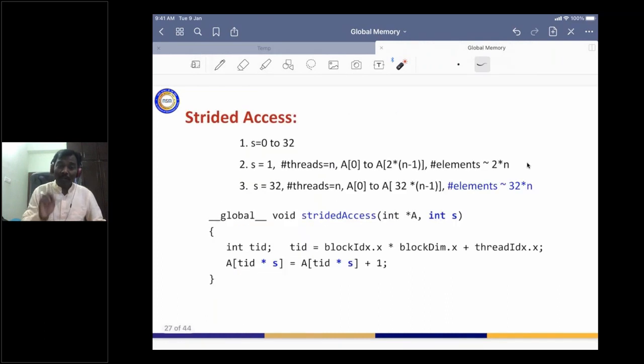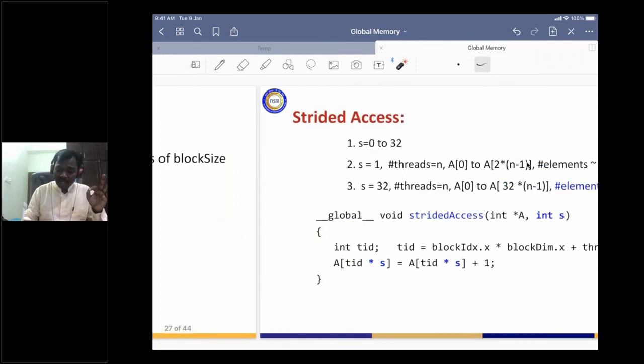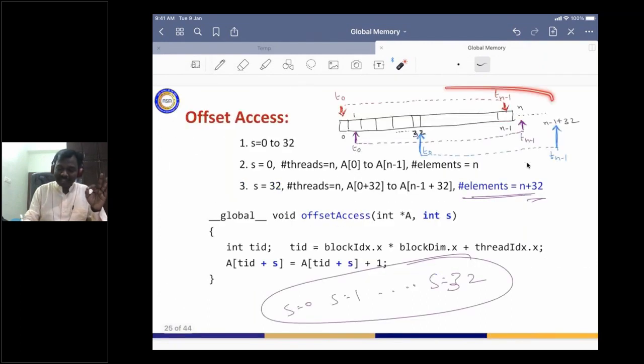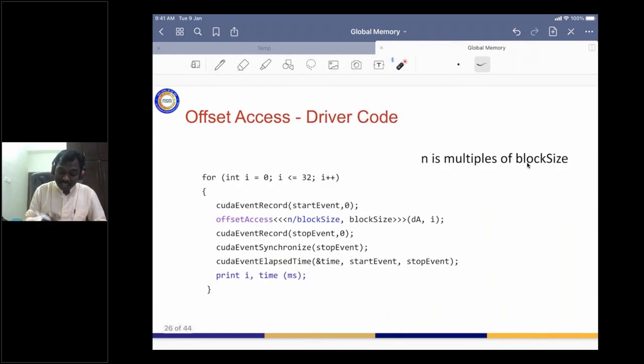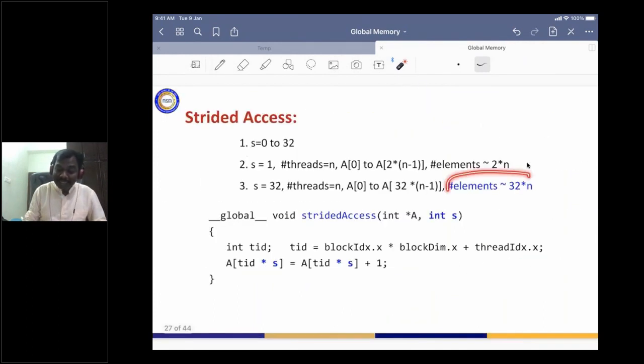Now let us look at what happens in the stride axis. Earlier we have looked at the offset axis. Now when you are looking at the stride axis, very similar to this example, if you understand this example very carefully and apply your own thought, for the stride axis you will require 32 times n elements, because each thread is going to access from a different block.